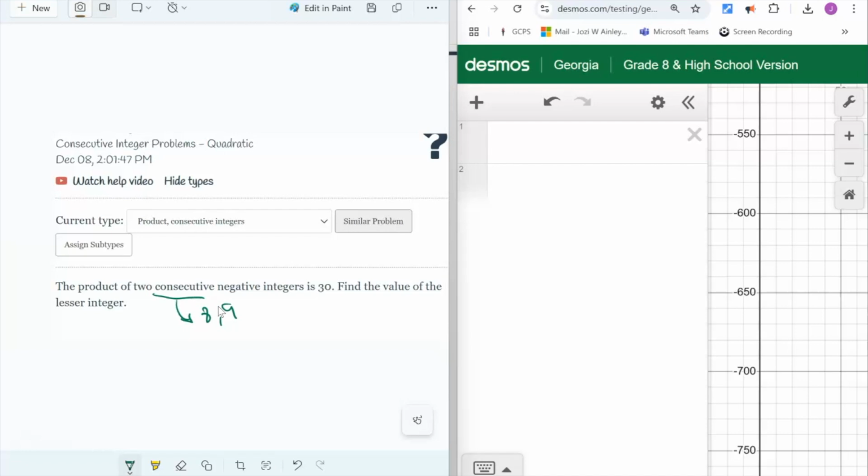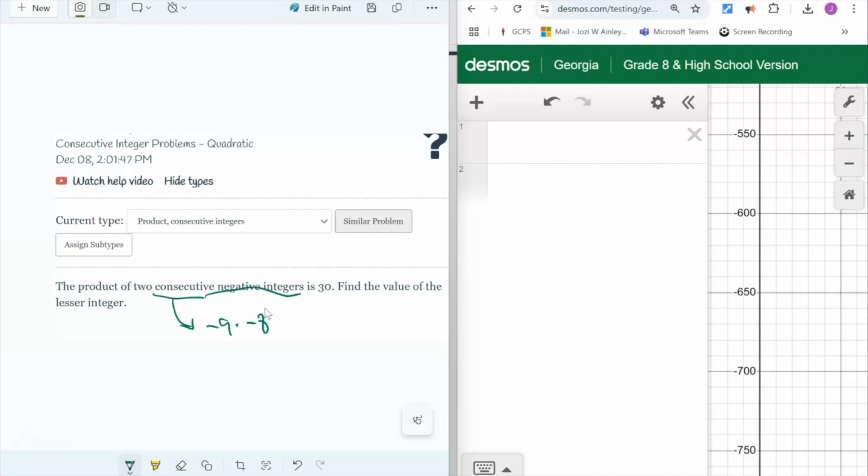So they're right next to each other. All right, and then product means multiplication. So this is asking what two numbers that are right next to each other am I going to multiply, and oh, they have to be negative as well. So now I have to switch the sides. I apologize for not reading. So -9 times -8, those are consecutive